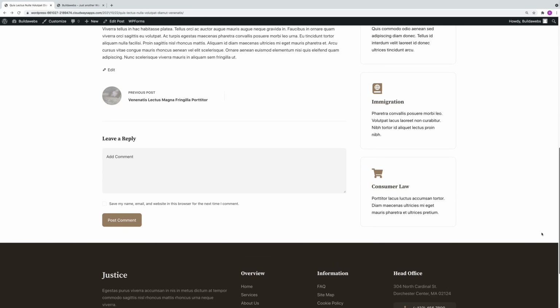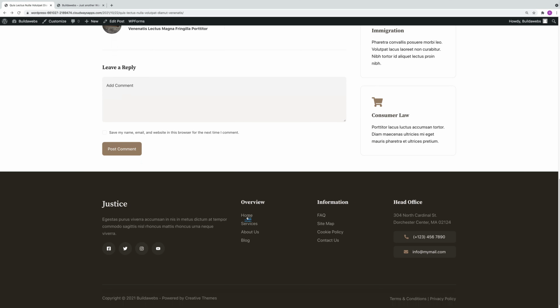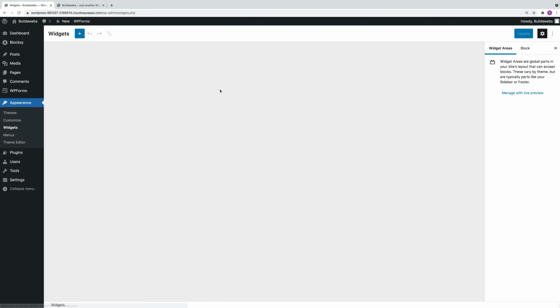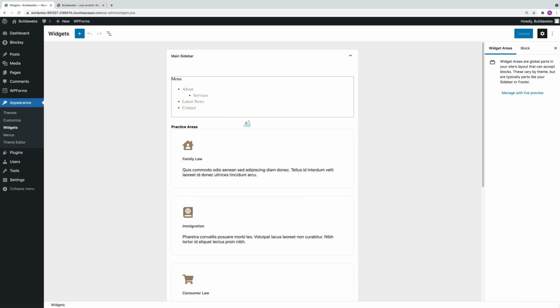So the footer is just the bottom section here. We've currently got some pages here. We're going to change this round so it appears in the same format, and we do this by going back into the WordPress dashboard, then go to appearance, widgets, and we'll just collapse that,